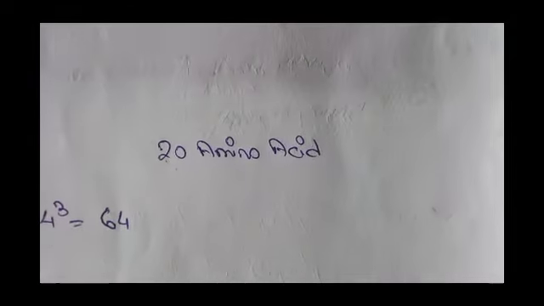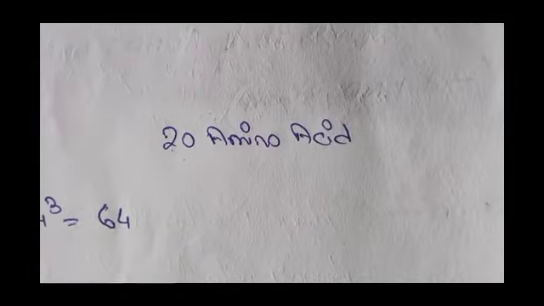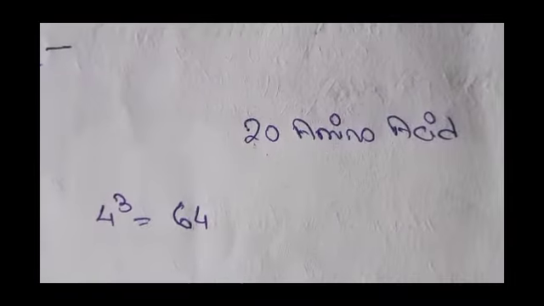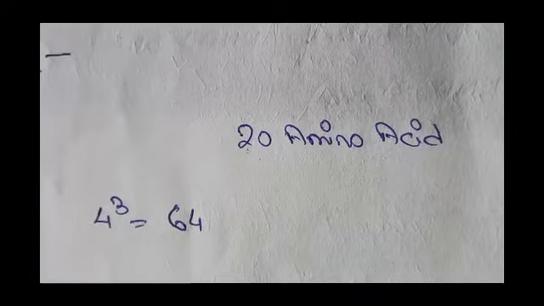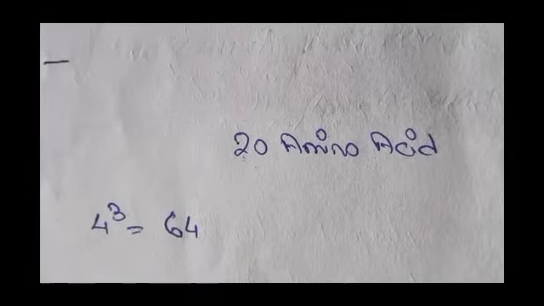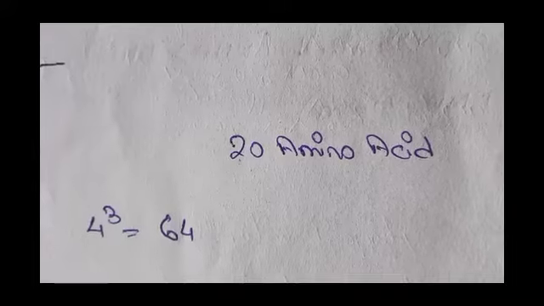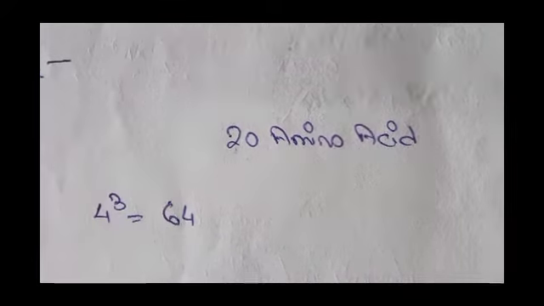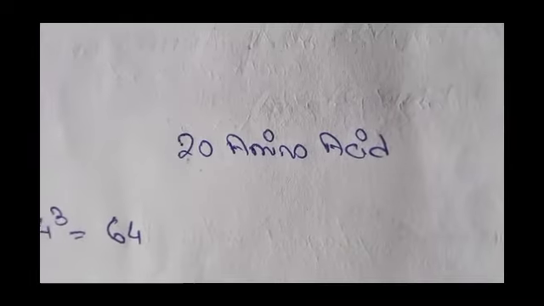If we take 4 to the power 2, it comes to 16, means it can't cover the 20. If we take 4 to the power 3, it comes to 64, means in this case it can cover the 20